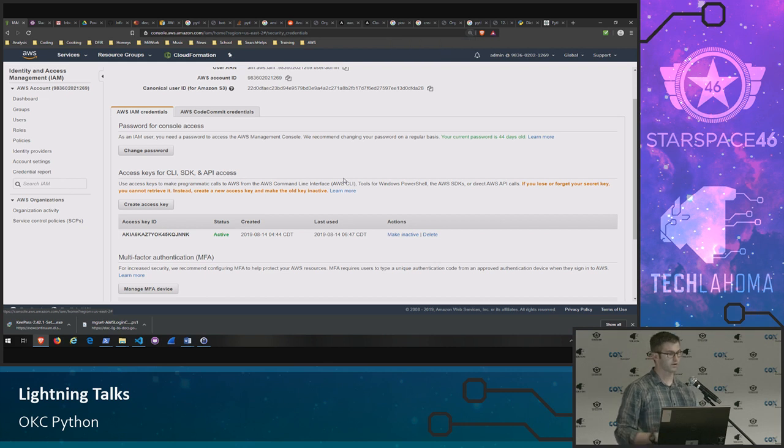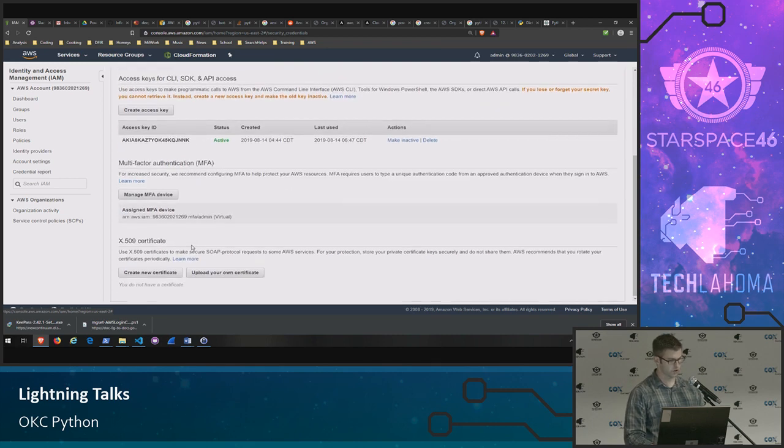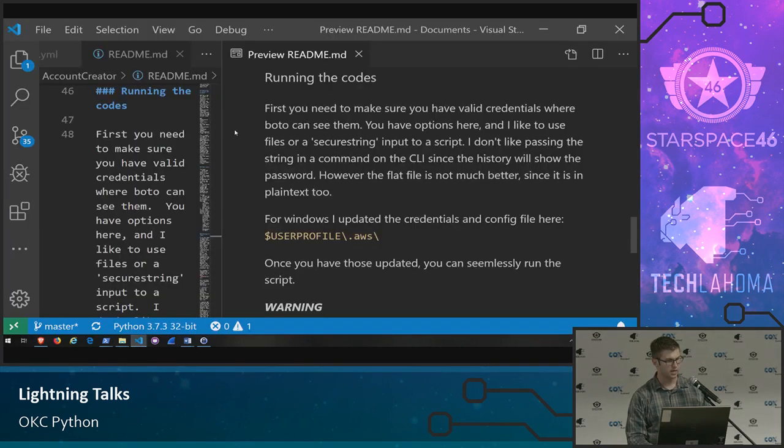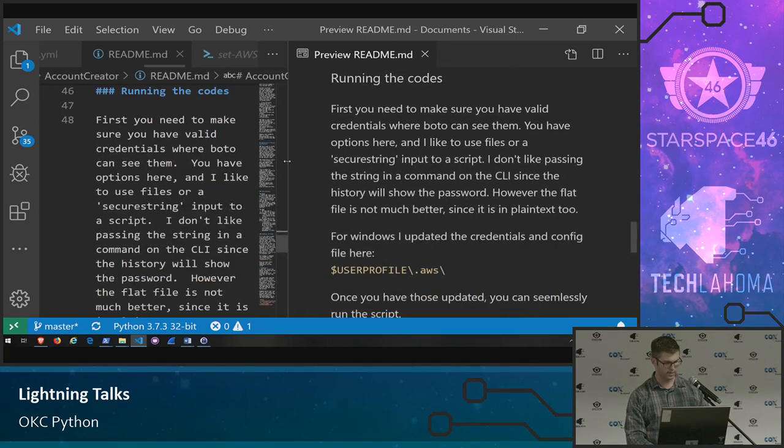But those can only live for 12 hours at tops, I think is the most, or 24 or whatever. But these keys can last a long time. These kind of access keys, whenever you're assuming a role, that's the user versus role thing. So just make sure you protect this, and I don't like passing it in a command line because, like I said, the history can be seen. Taking it to a file is not necessarily the best way either, but sadly, the quickest way I could find was if you go to your,